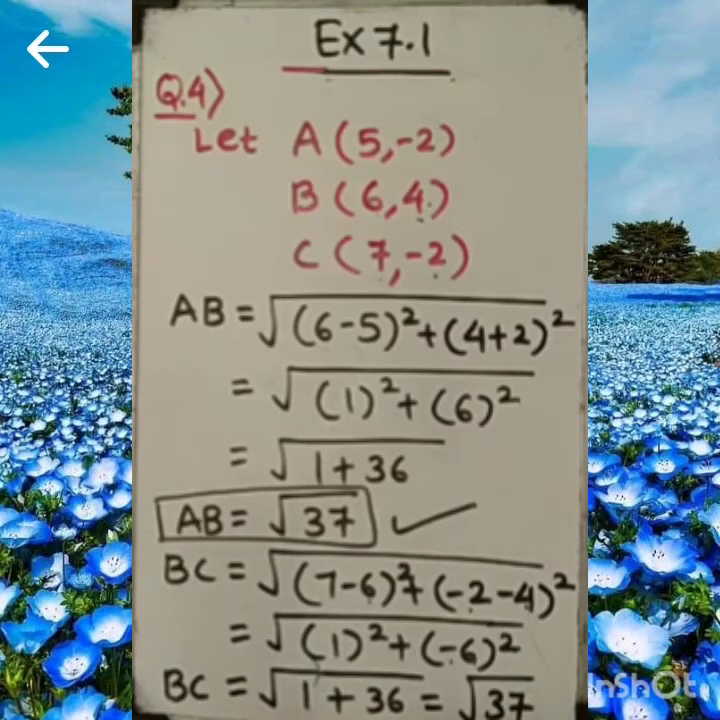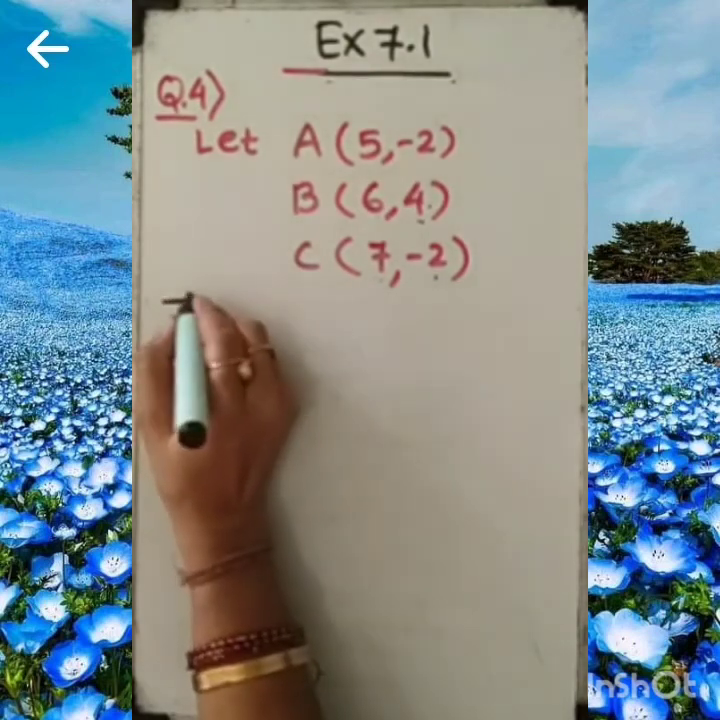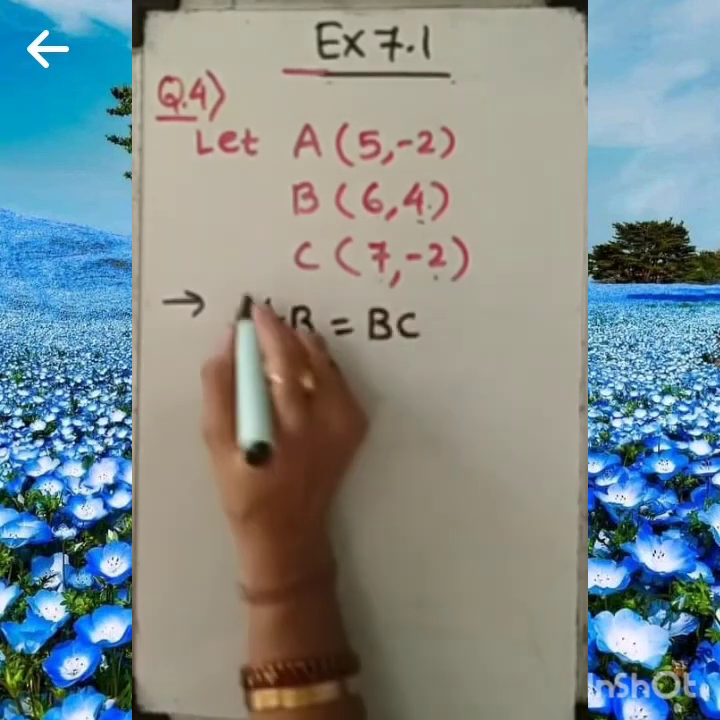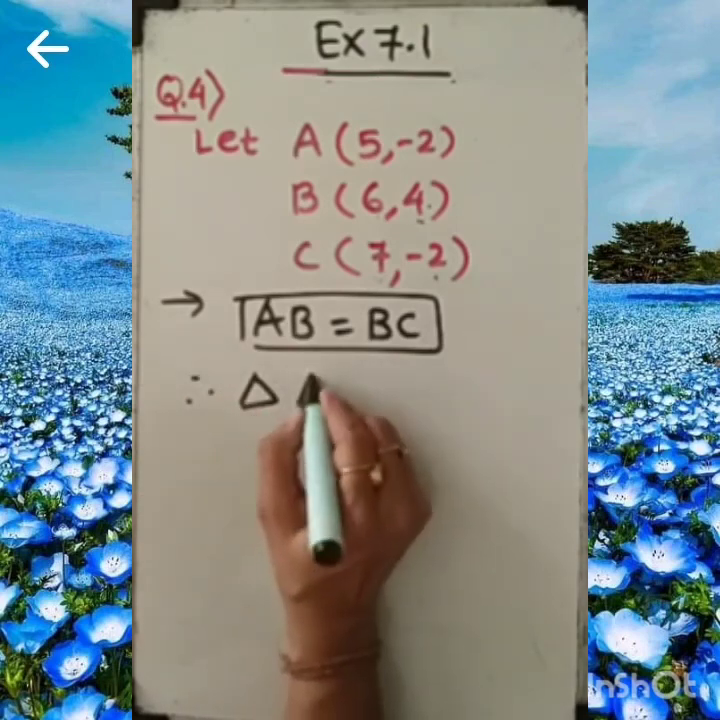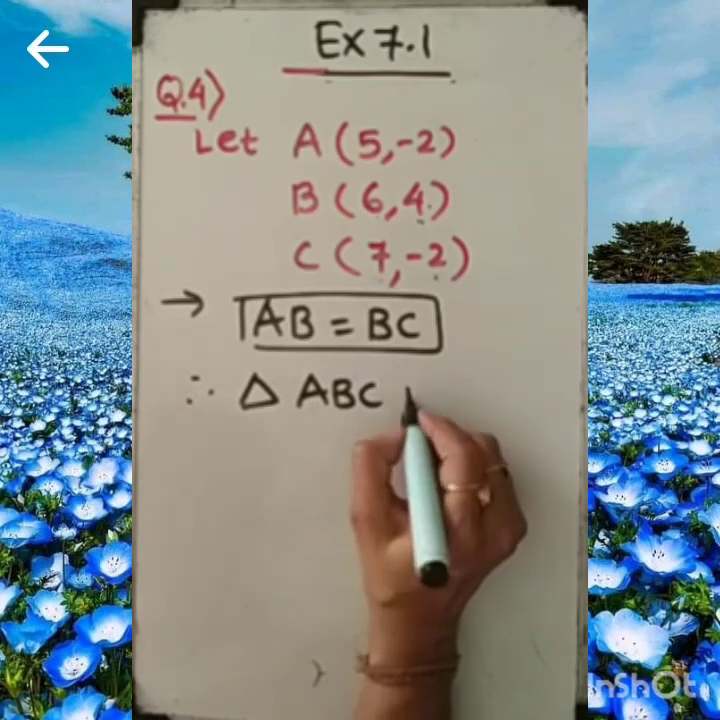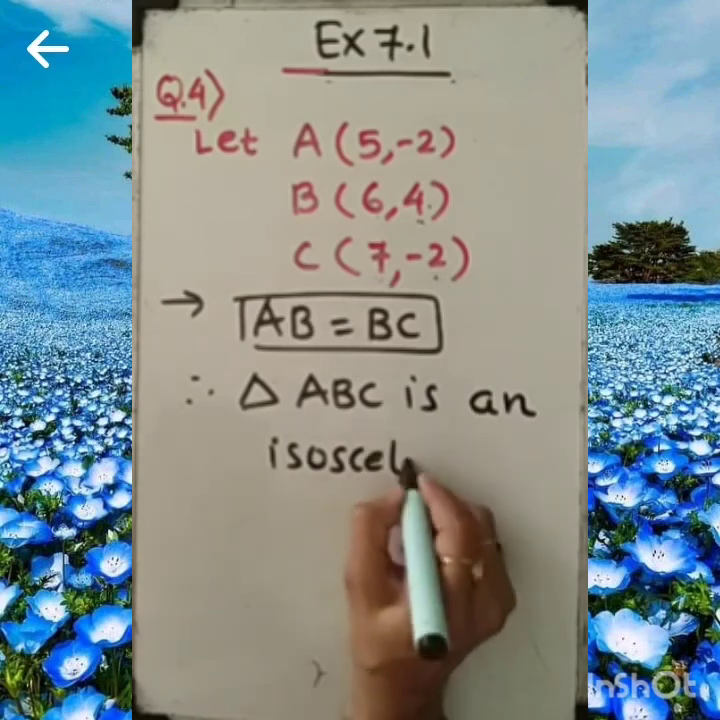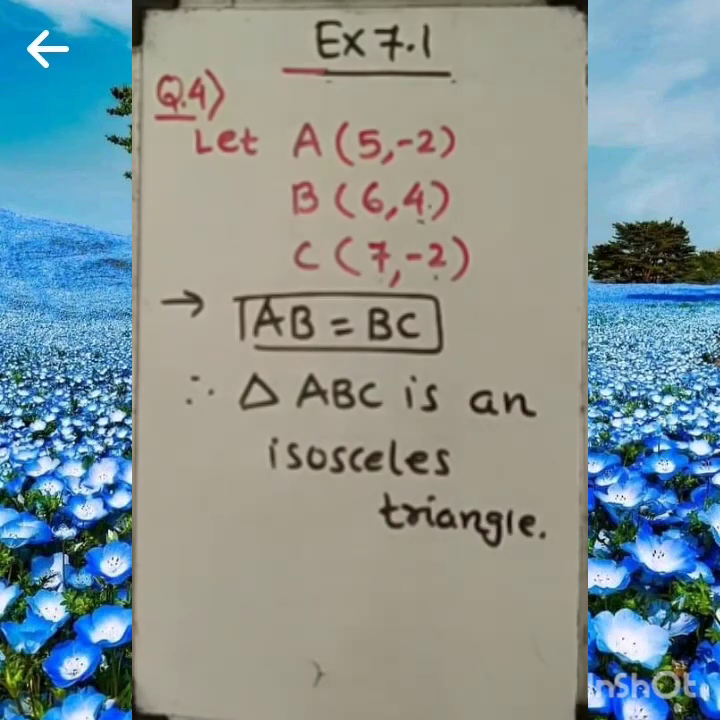Means two sides of the triangle are similar, so this triangle is an isosceles triangle. So let's note down the final answer. My dear student, according to this we have found AB equal to BC. The two sides are equal because under root 37 is coming similar. Therefore we can say triangle ABC is an isosceles triangle. Got it? This is the complete solution of question number